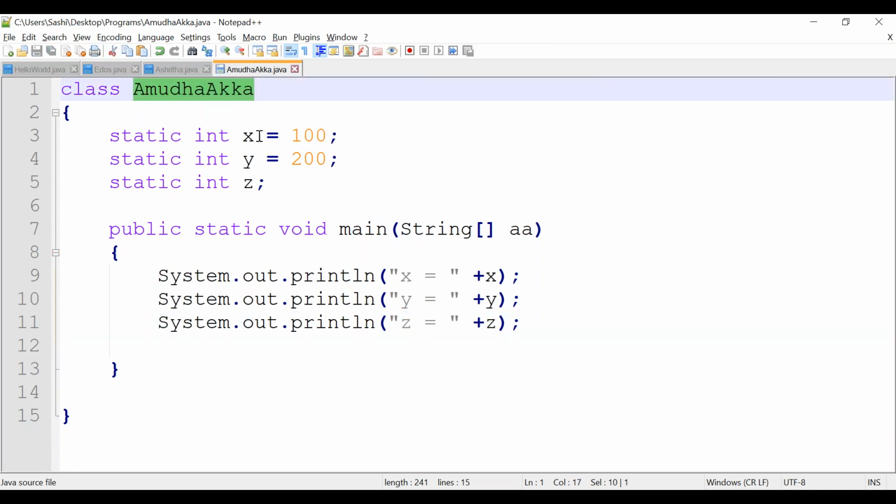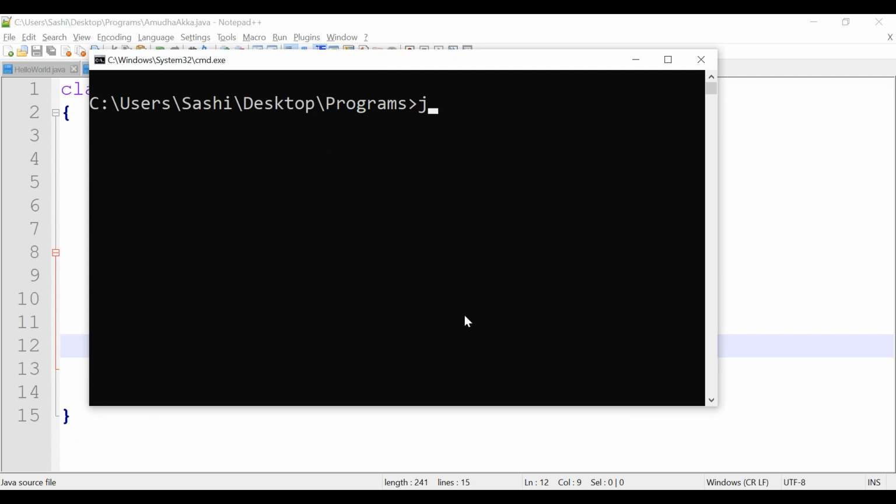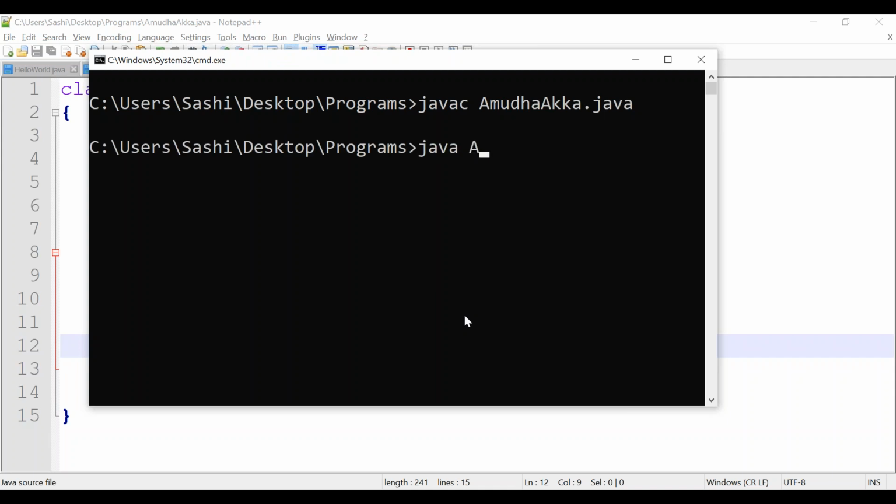What will happen here? Let's save this class. We have saved it. So let's recompile it. javac filename.java. Compilation is a success. Let's run it.